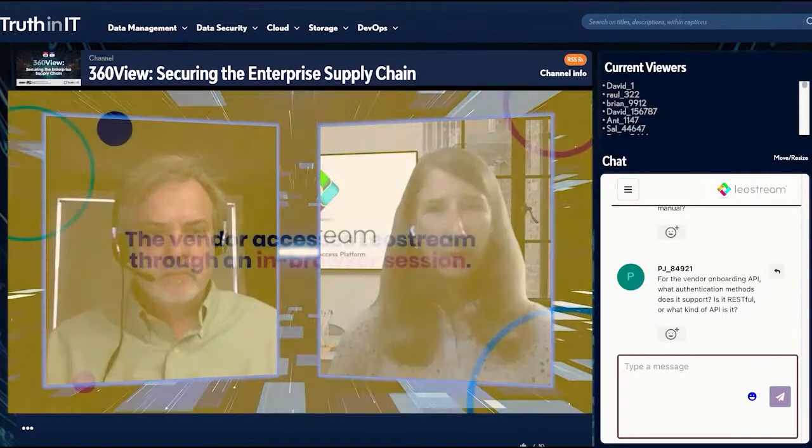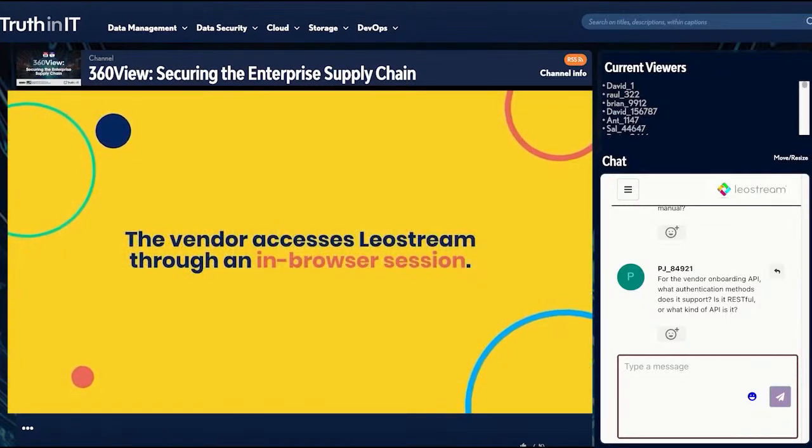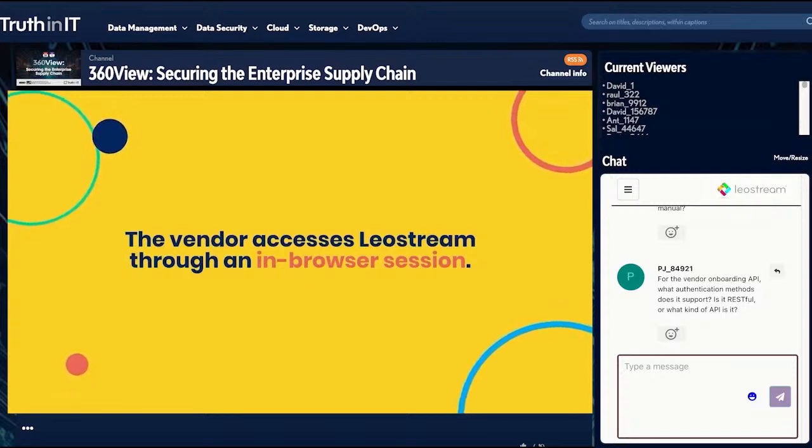They simply click a little view button on it, and then they have an in-browser connection. Again, that could be SSH to a Linux server, it could be VNC to a Mac, it could be RDP to a Windows machine, but they have an in-browser connection where they can do their work, and that work is recorded so that the LeoStream customer always knows what's going on. So it's transparency for the vendor, it's audit level tracking for the organization, and it's securing the credentials